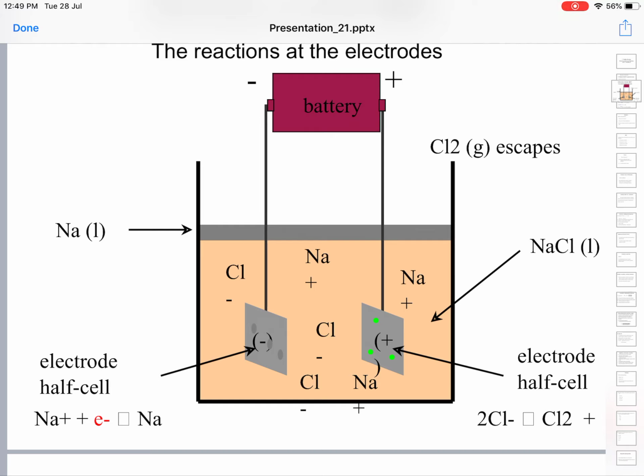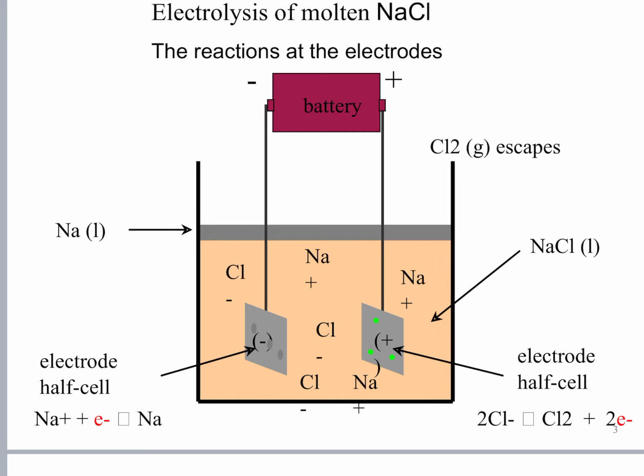This is actually a reduction reaction, and at the positively charged anode, two chloride ions go there and give up their two electrons to turn into Cl2 gas. So chlorine gas is evolving at the anode, while sodium metal is deposited at the cathode. This is the reaction diagram of sodium chloride. In the examination, you will have to draw this diagram and label the parts. These electrodes are connected to an external battery, the two terminals of an external EMF.